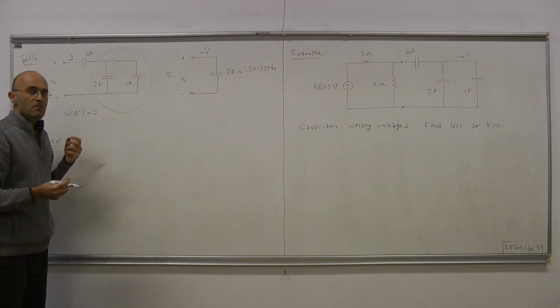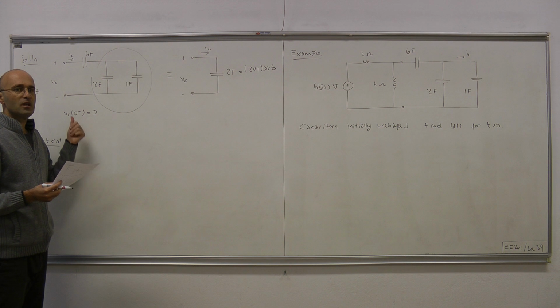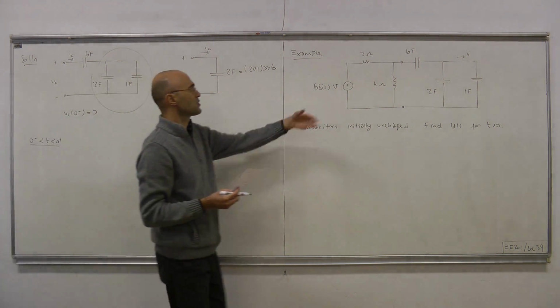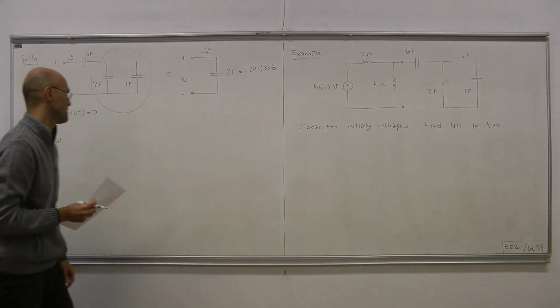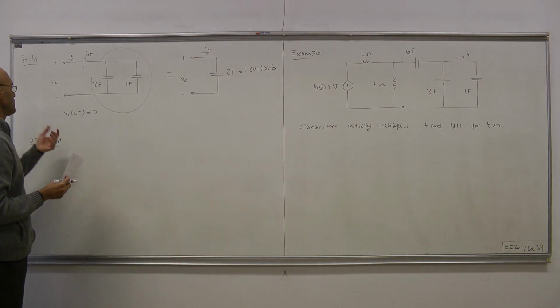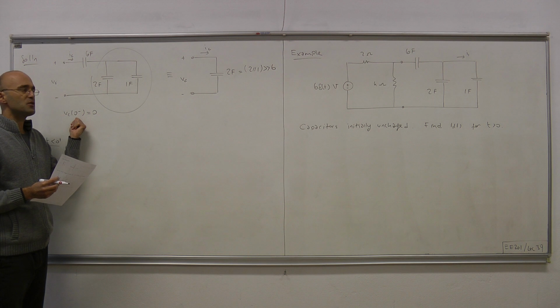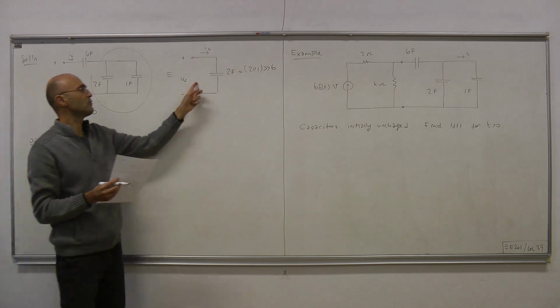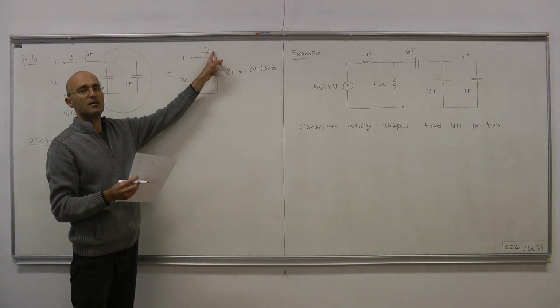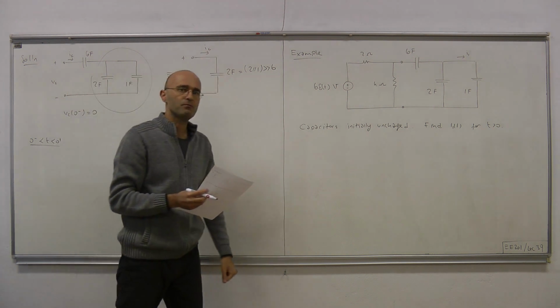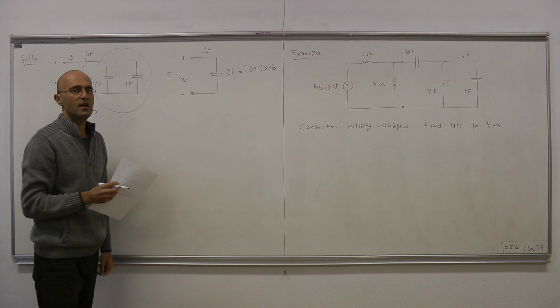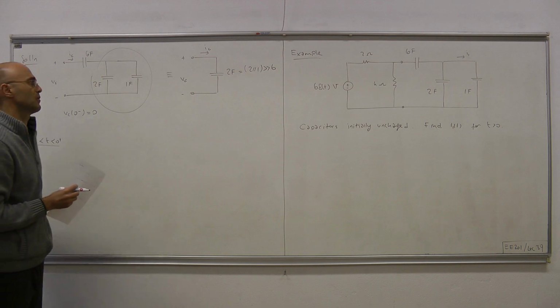Now our aim is to find VC0 plus. Once we have VC0 plus, we can just replace this with short circuit and deal with the homogeneous case. Now the question is how we obtain VC0 plus. To find VC0 plus, we have to figure out the current here. If we can figure out this current, by integrating that current we can simply obtain the voltage at